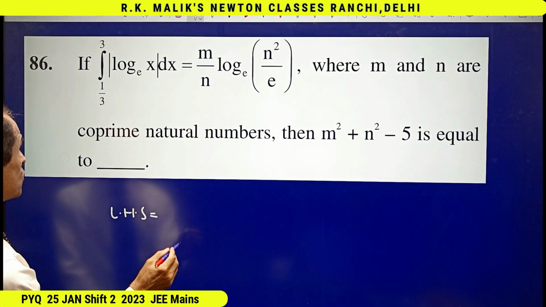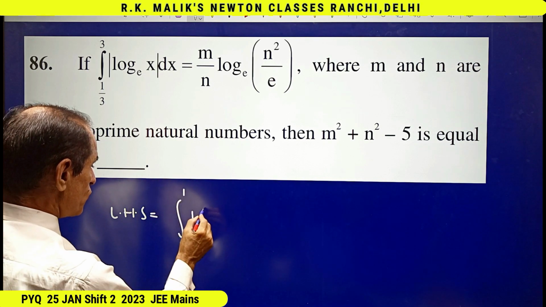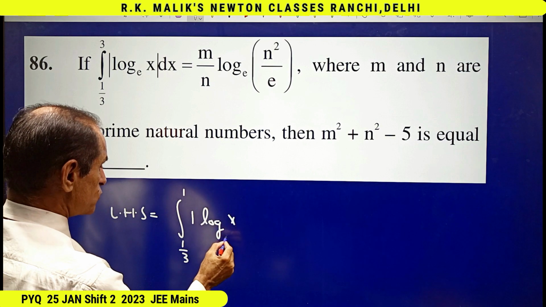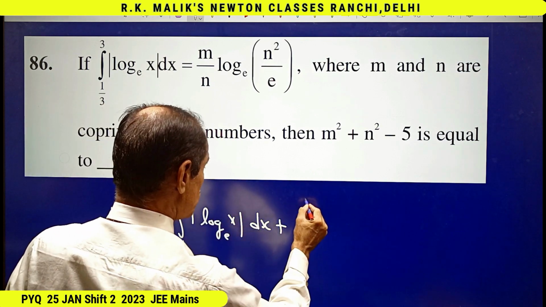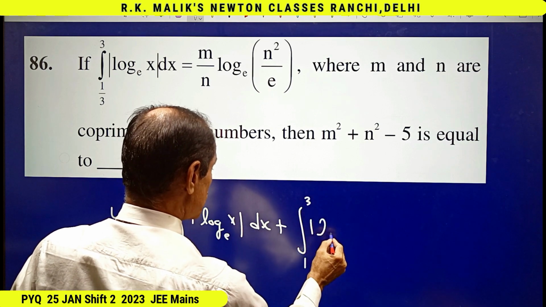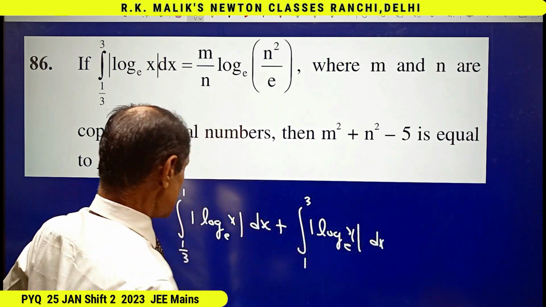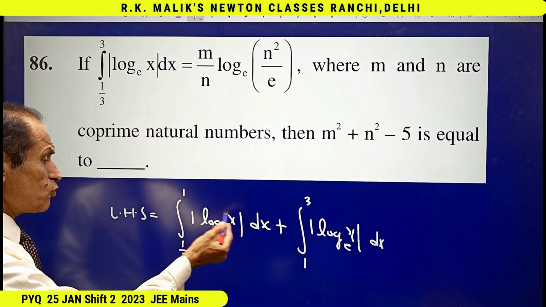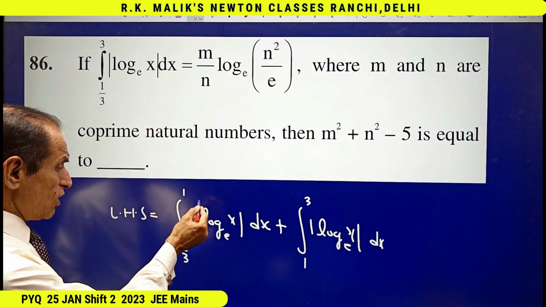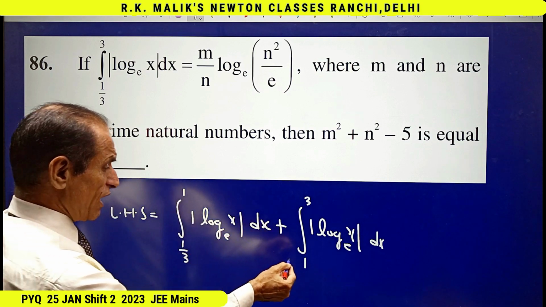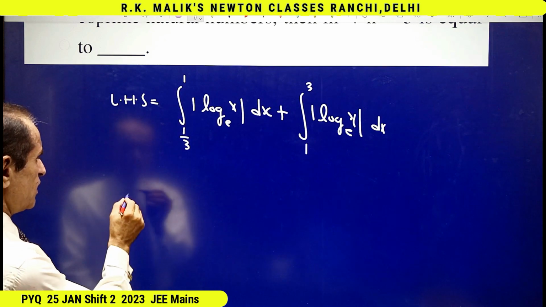left hand side is equal to integral from 1 by 3 to 1 of mod of log of x to the base e dx plus integral from 1 to 3 of mod of log x to the base e dx. I have divided into two parts because in the interval 1 by 3 to 1, log x will be negative, and in the interval 1 to 3, log x will be positive. Hence we will get